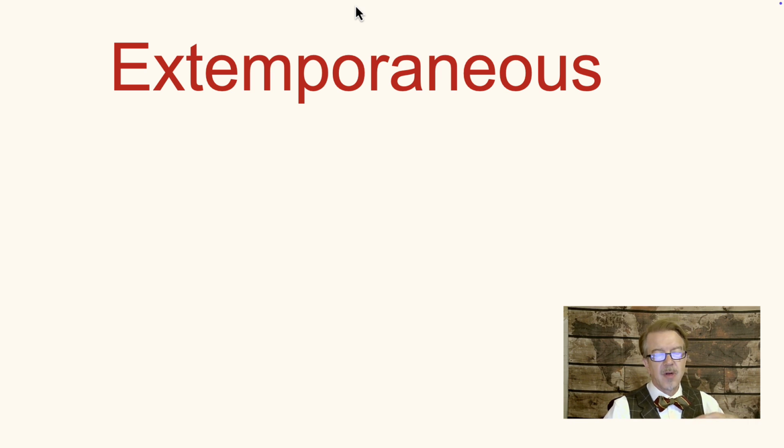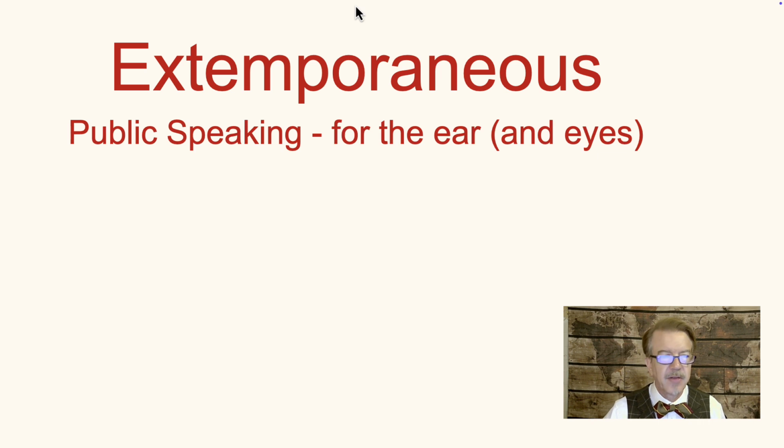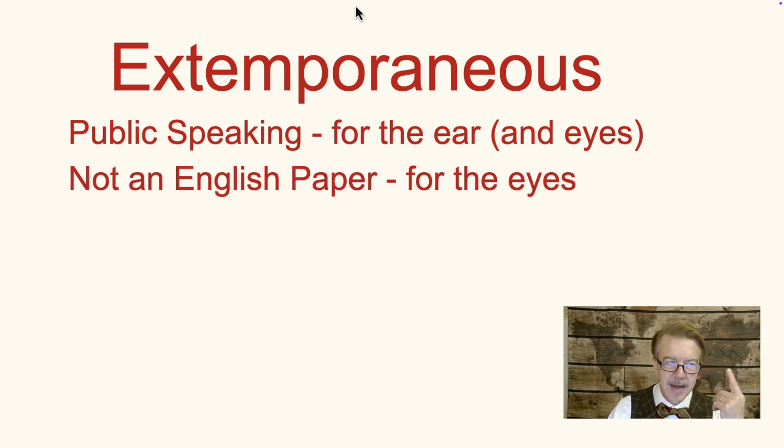So moving on here. First of all, this course is extemporaneous speaking. It's a public speaking class, not an English writing class. So we are writing for the ear and eyes because we're doing visuals and we have slides and things like that. That's fine. But mostly think about the fact that your audience is listening and not reading. In a paper, you're writing in a formal tone. Here you're having a conversation with the audience, which means we can say things like let's, use contractions, and be more directly involved, first person, with the audience. And that's okay. That's what we want.